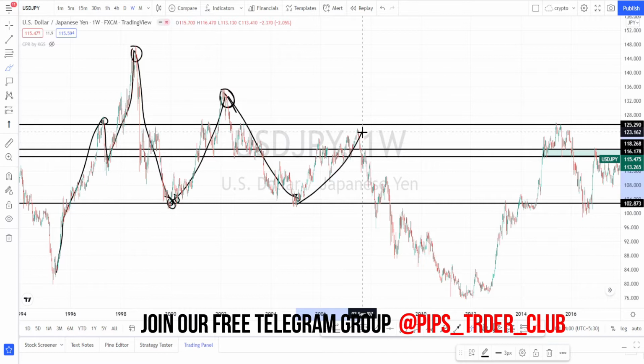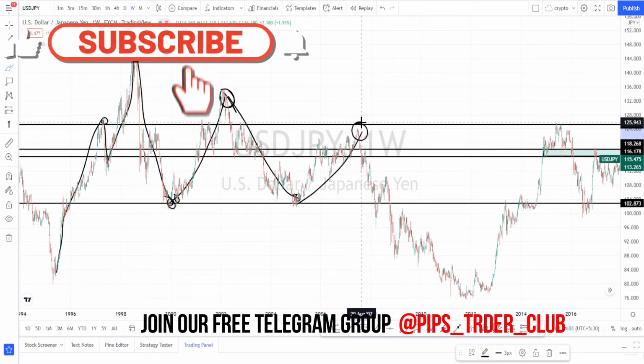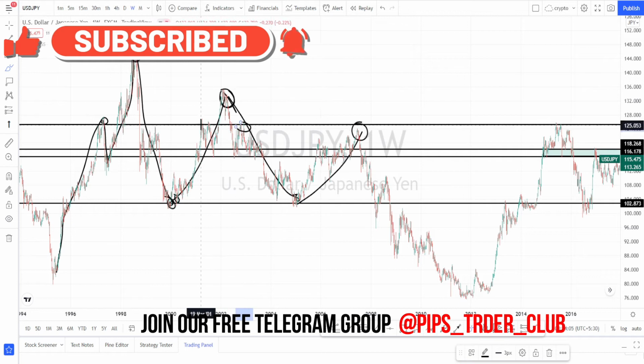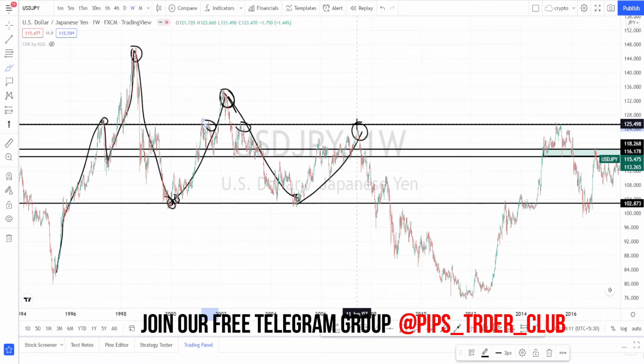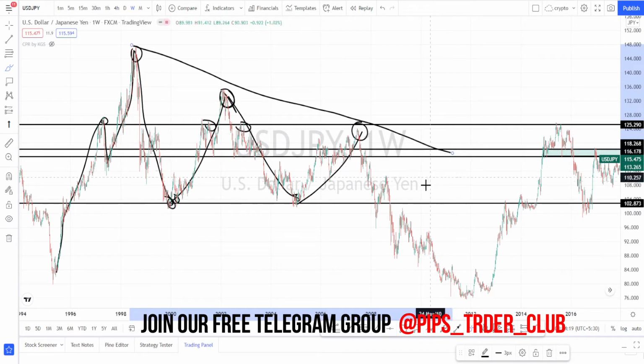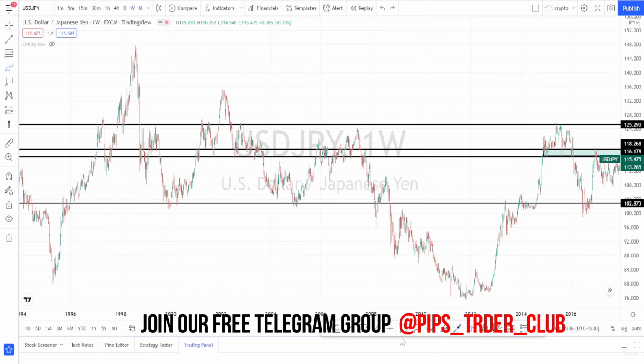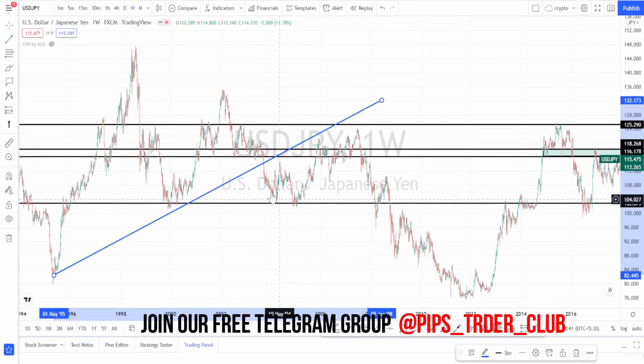Next time when it went on a bullish trend, you can notice that it couldn't break the previous resistance level also. So this level is acting as a very strong resistance for the current price action. And every time when it retraced, you can notice that the bullishness started weakening. And when we draw a trend line and check the trend of the market, it was on a very nice bullish trend. Then it broke this trend line and started falling on a bearish trend. And from this level, you can notice that the trend reversal happened and it was on a bearish trend.